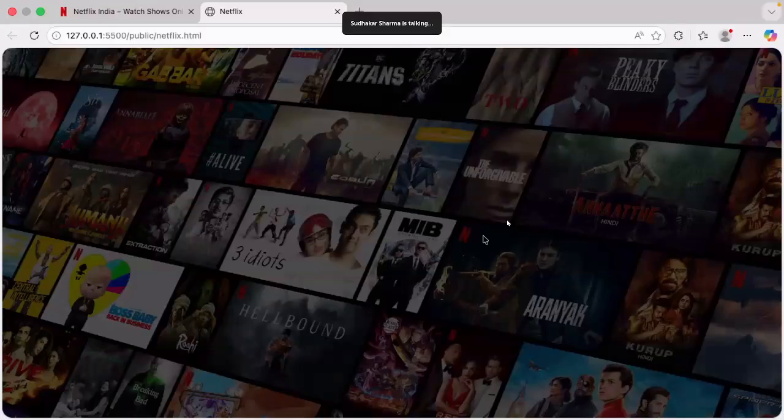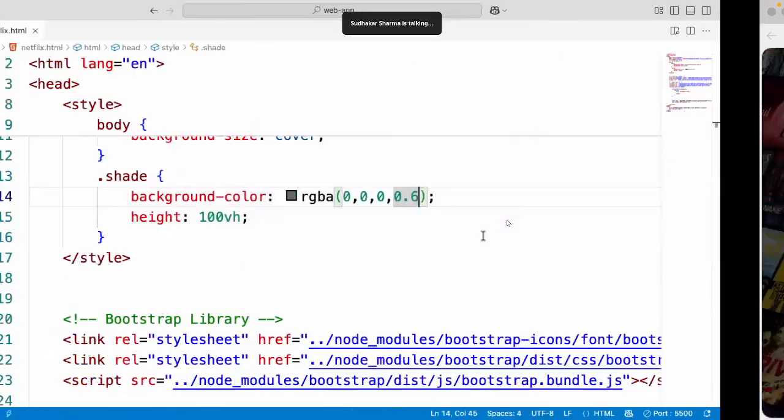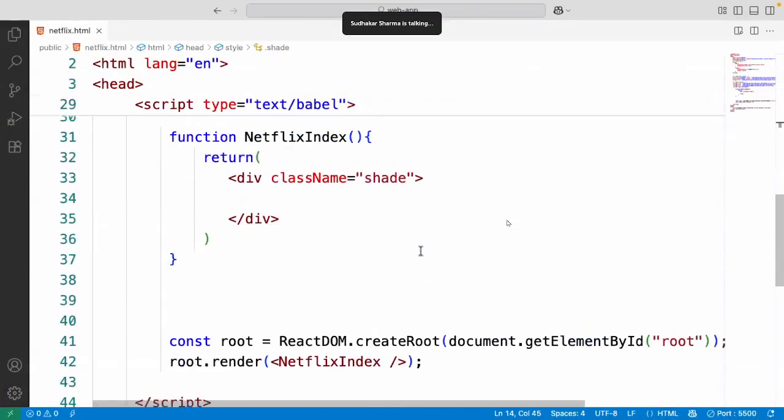Up to this, everyone understood? So our page is having a background. On the page, which component is displaying? Index. In index, a background is set in such a way that it will not dominate. We are using a background shade there, right? We are displaying. Okay, now what to do is, inside index,